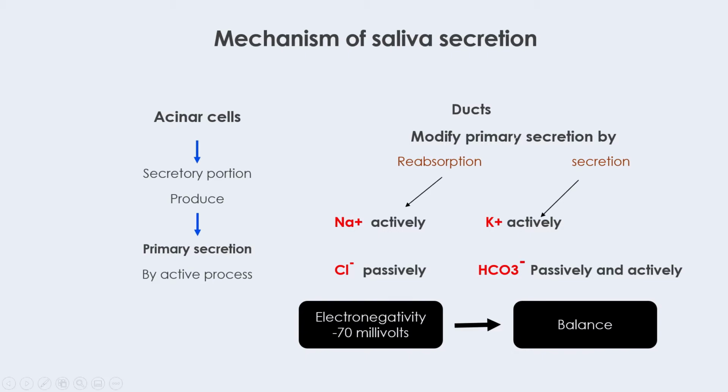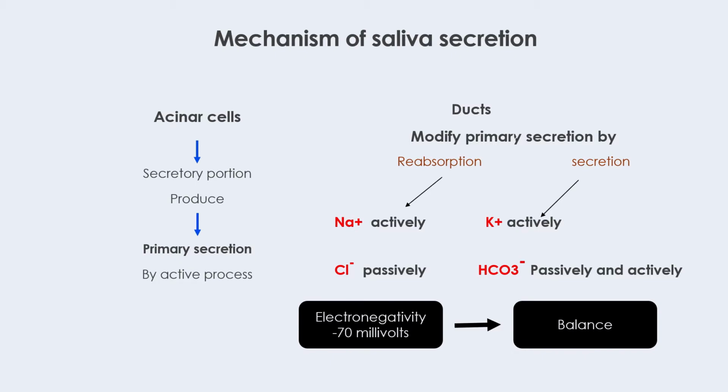And to compensate this electronegativity, chloride ions are also moving out of the duct, so that it will again create positivity. However, the other part, potassium secretion and bicarbonate secretion, also takes place. So potassium will enter actively, due to which there is passive as well as active movement of bicarbonate, and this bicarbonate will contribute to the balance of this negativity, and the bicarbonate is also participating as